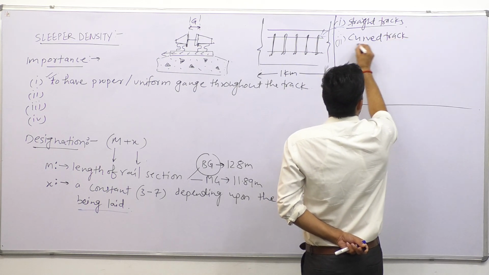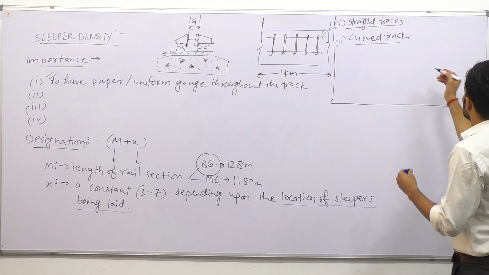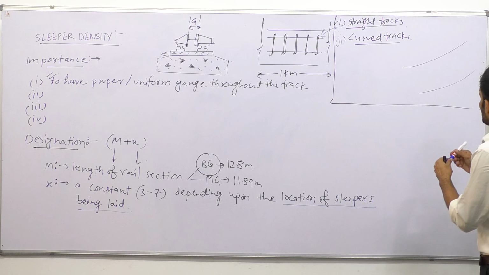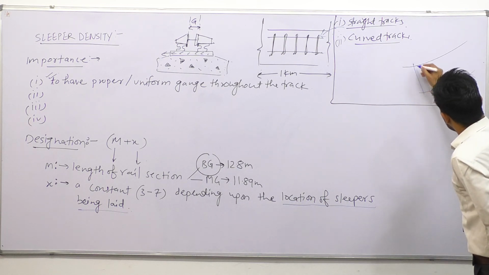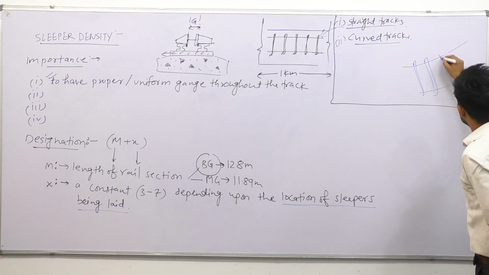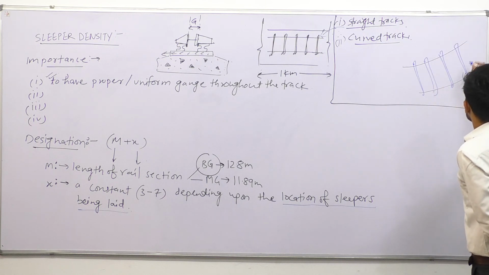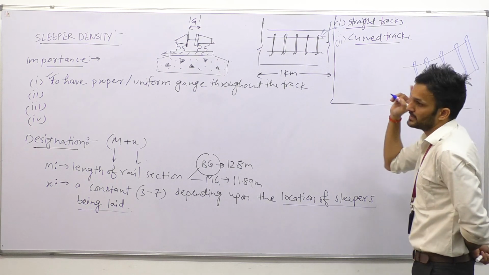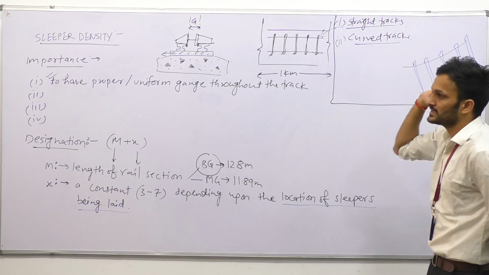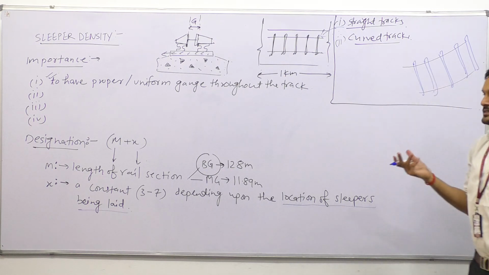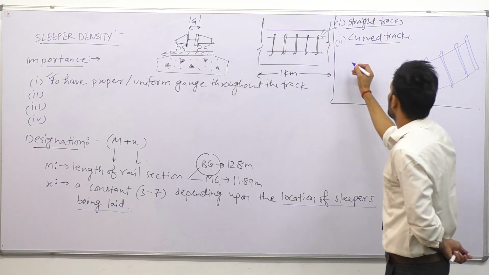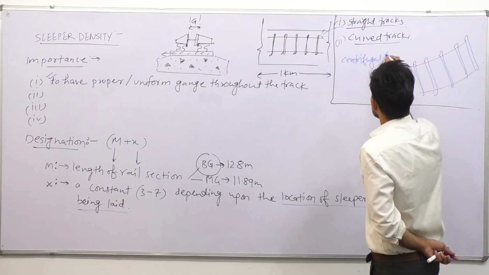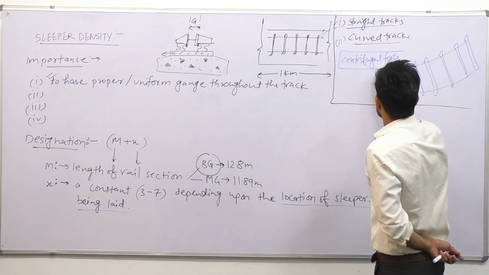On curved tracks, or I must say on curves, when the curves are being catered through, then the location or the fashion of laying out these sleepers and the number of sleepers being laid out is also varying. The reason why this number is varying is well known to us with one type of force which is encountered while the trains are moving over the curves. That force is referred to as centrifugal force.